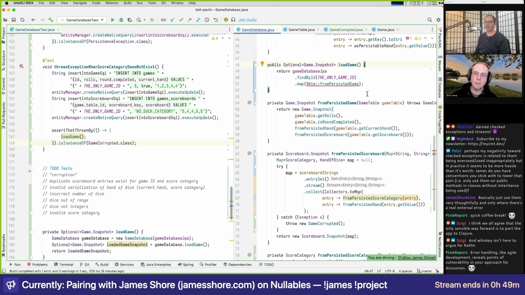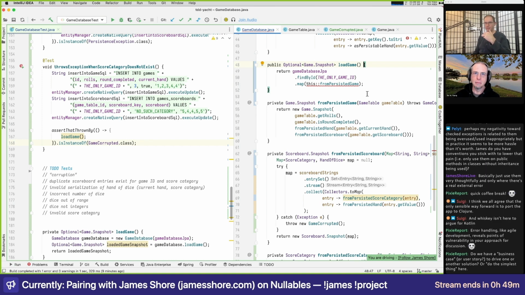So I think just because it's not the Java way, it really comes down to runtime exception or checked exception. I love checked exceptions for their ability to expose the need for error handling. And I think implementing it is actually not that difficult. We have an internal game corruption error, which is an unchecked exception, and then we catch at the interface level in load game, and then immediately unwrap and turn it into a checked exception.